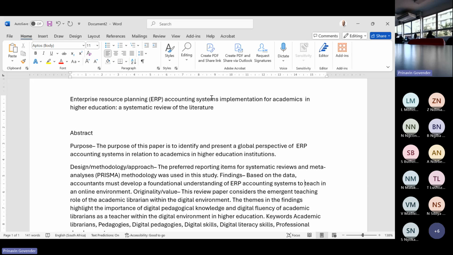We can't say teach because Prof. Rajkumar and Prof. Naika were talking about digital libraries and how they are dealing with the pedagogies of it. So based on the data, accountants must develop a foundational understanding of ERP accounting systems to